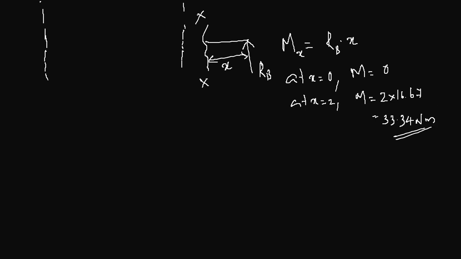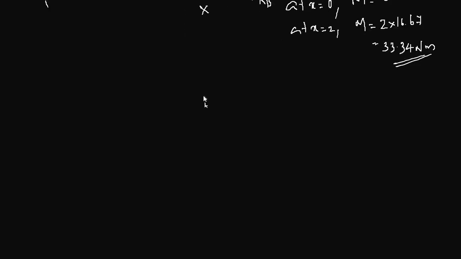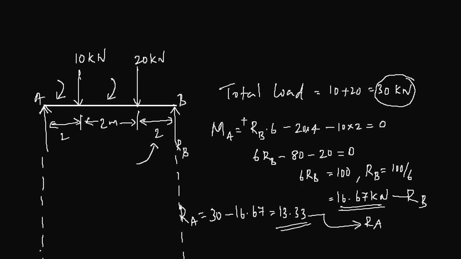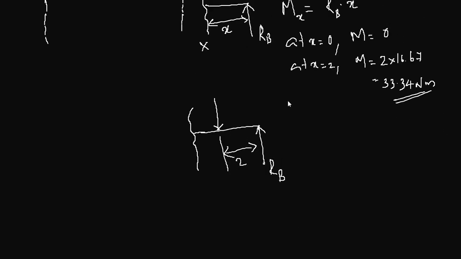Now you take the second section between the point of application of 20 kilonewton and the 10 kilonewton force. So your section will be two here, RB here, and the 20 kilonewton load vertically downward,